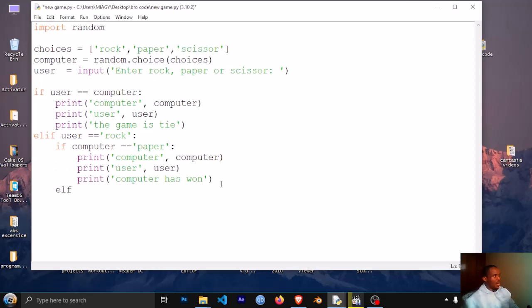So we need another elif statement, guys. The reason we need another elif statement is because if the user's choice is rock and the computer has chosen the paper, we still have a scissor. What if the computer chooses the scissor? So that's what we put in the elif statement. So we say elif computer equals scissor,